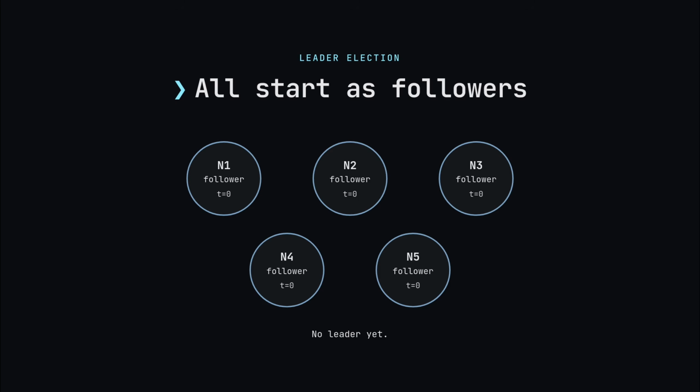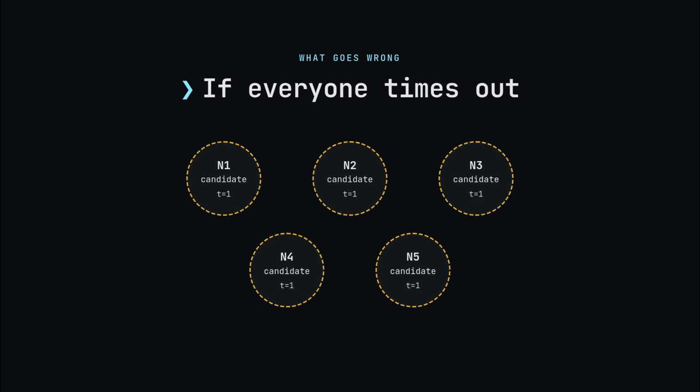Now, let's start with the leader election subproblem. We have a cluster of 5 nodes in our, let's say, distributed system. And if you lose 2, you still have a majority, right? They all come up as followers, let's say in term number 0, and there is no leader yet. Someone has to notice the silence and go first. Suppose they all use the same timeout and they all expire at the same time, which would happen if they have the same timer. Everyone becomes a candidate and each one votes for itself and broadcasts request vote.